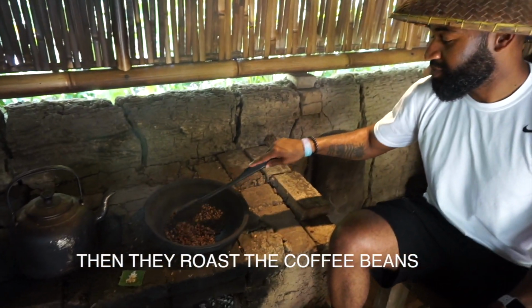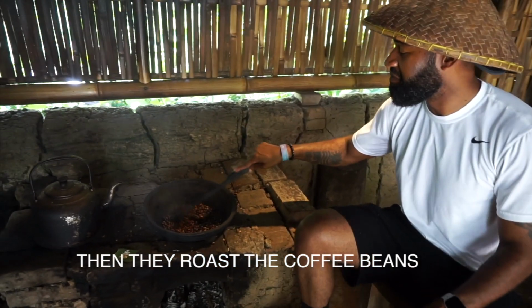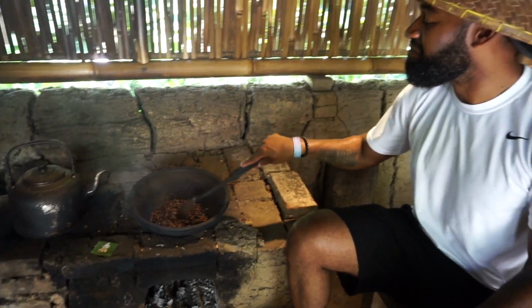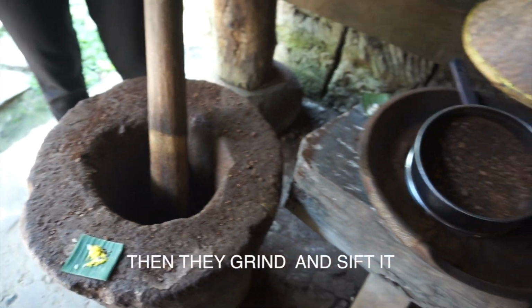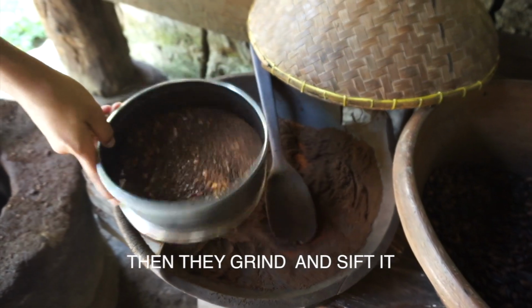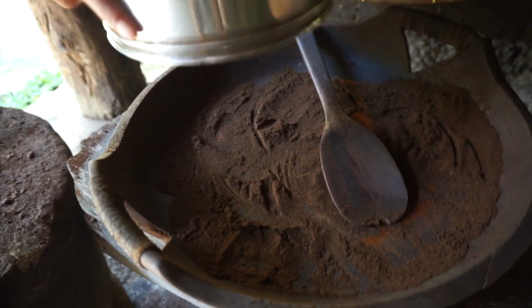Brian is roasting the coffee. I'm out here making the best coffee in the world right now. Look at his face though. And after it's filled, this is the last step, we're sifting the coffee. Oh, this is where it comes out through there? Yeah. 45